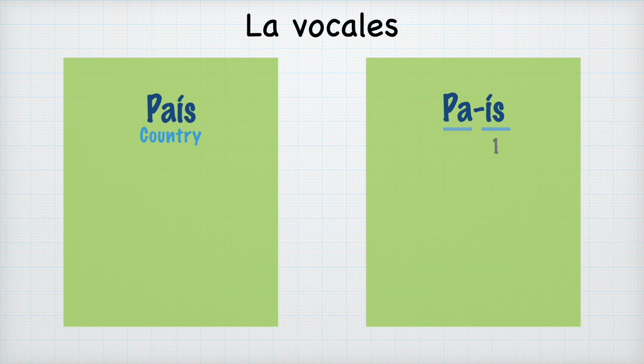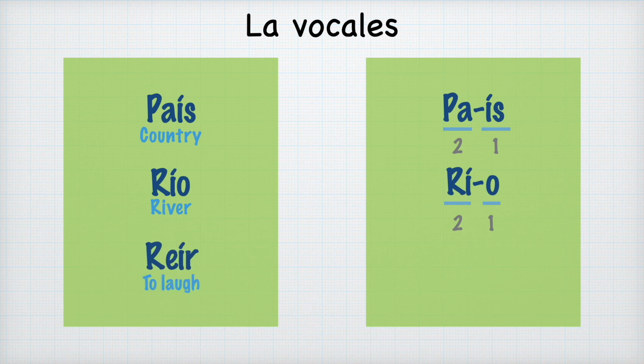So it's going to have 2, and the stress is going to be on the I. Another example is río, which means river. And again, it has 2 syllables because the I has the accent. And the last example is reír. It means to laugh, and it has 2 syllables, and the I has the accent, so it's going to be